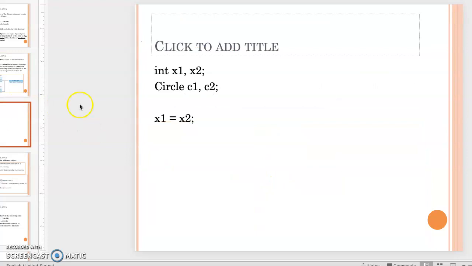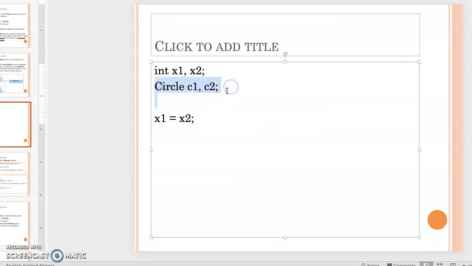However, now if you have an object, even though I specify Circle C1, C2, C1 and C2 are actually references. So now if I do C2 equal to new Circle, using the default constructor, here is your reference, just a reference that refers to another object. But now when I do C1 equal to C2,